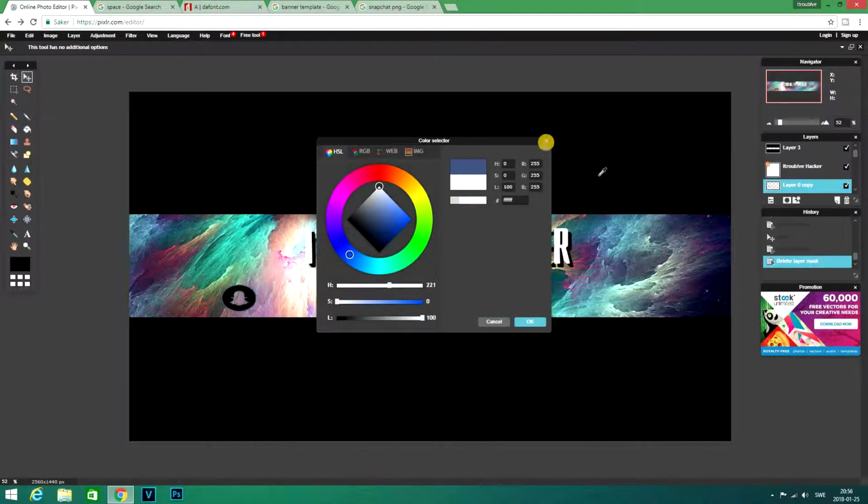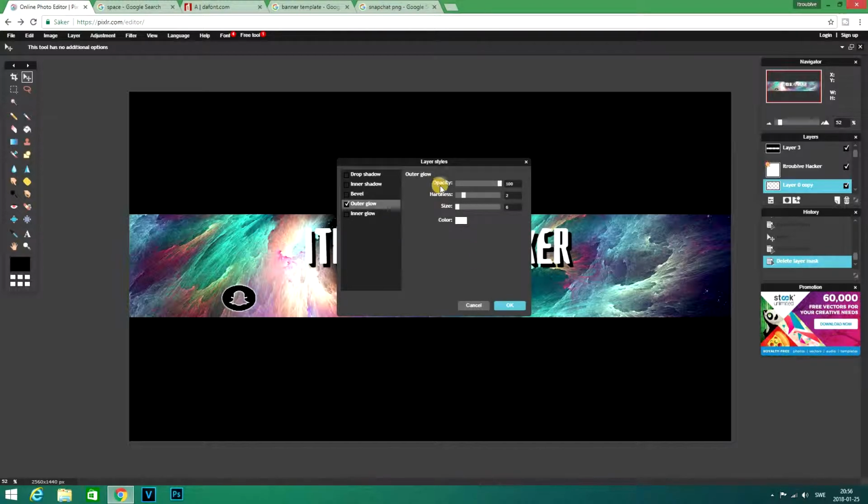Pick a color if you want. With white, we can pick white, and okay. And you can select the hardness, however white you want. So if you want it full white, you can click it on full white. I would have it like this, maybe there. If you have it like that,